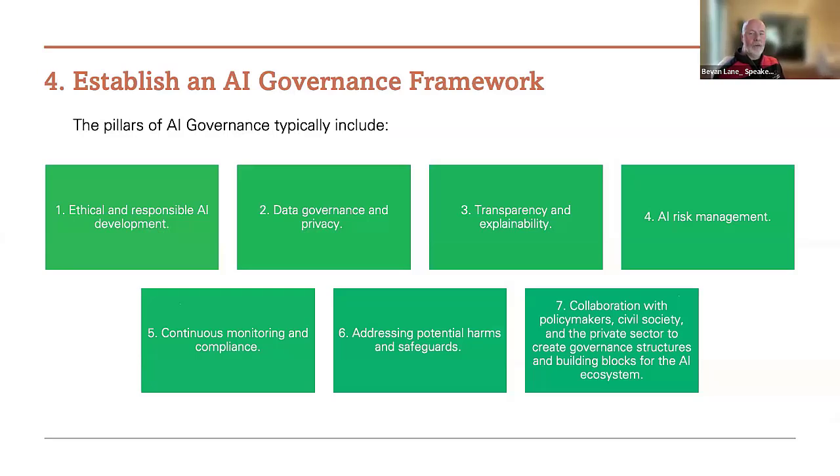Okay, and you'll see that first word, ethical. Ethical and responsible, they're very nice together. How do I use AI? How do I develop on AI in an ethical and responsible manner? And I love that. I think that sets your whole tone. If you do that at the beginning, everything else should tie into how do I ethically and responsibly develop using artificial intelligence. The next one is governing your data and privacy, which really should be in other standards, other processes